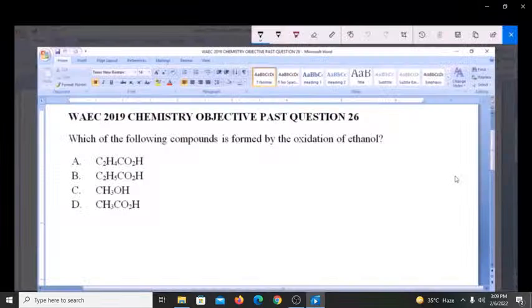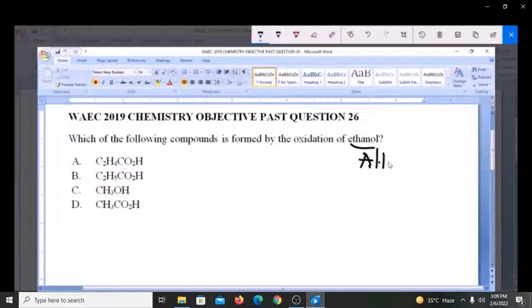So I'm going to be answering WAEC 2019 Chemistry Objective Past Question 26. Which of the following compounds is formed by the oxidation of ethanol? A. C2H4CO2H, B. C2H5CO2H, C. CH3OH, D. CH3CO2H. Now, first things first, ethanol belongs to the family of organic compounds